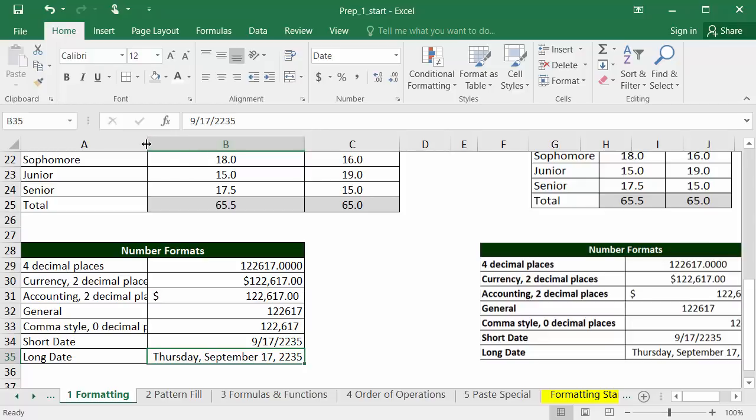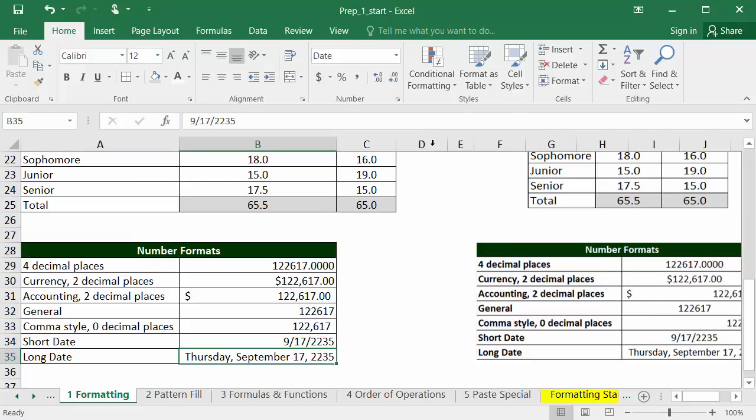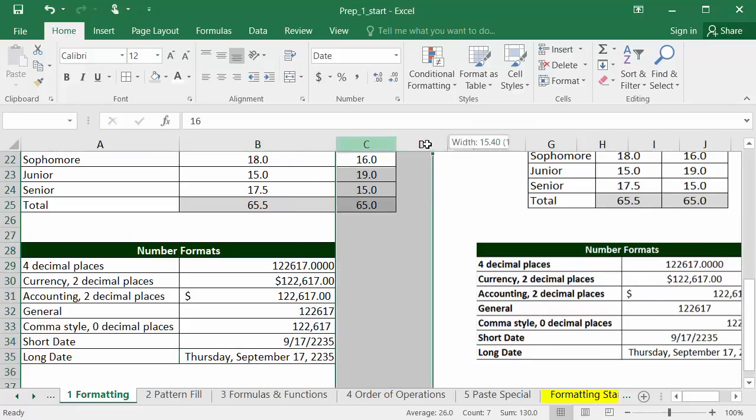I'm going to do the same thing for column A, which is in between column A and B, and double click so I can see all of the text in column A. I'll do the same thing with columns C and D, and you can actually do this for more than one at a time. You could highlight multiple columns, and if you double click, it will automatically fit them to the